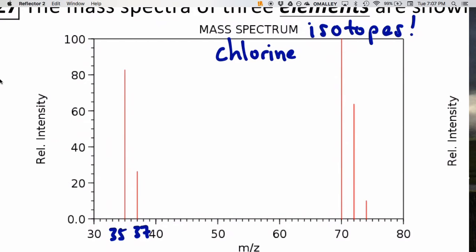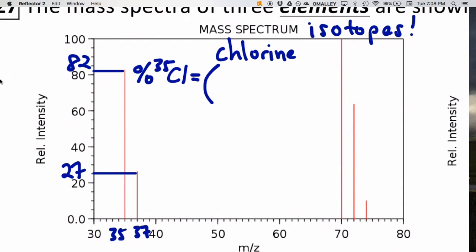If I draw a line connecting those peaks off to the y-axis, it looks like the larger peak of 35 shows up at about 82, and the other one, chlorine 37, shows up at about 27. And I can use those to figure out the percentage of each. So the percent of chlorine 35 is simply how much chlorine 35 I have, 82, divided by the total, 82 plus 27, and then times 100 to make it a percentage. And that gives me 75%